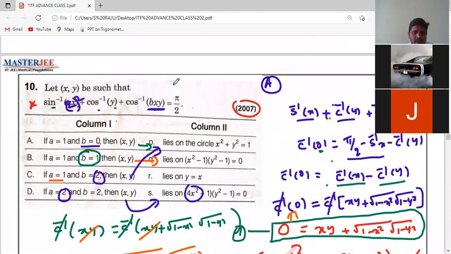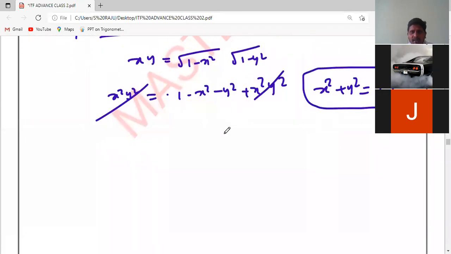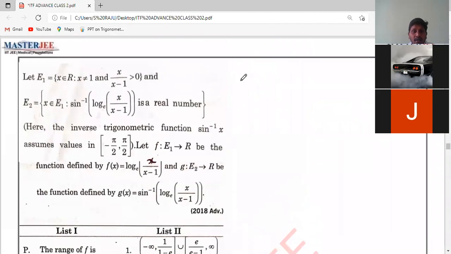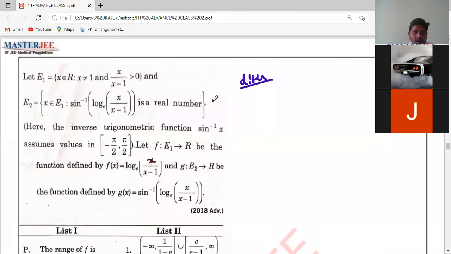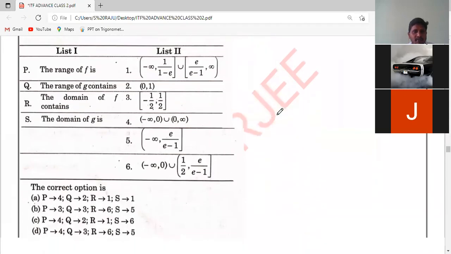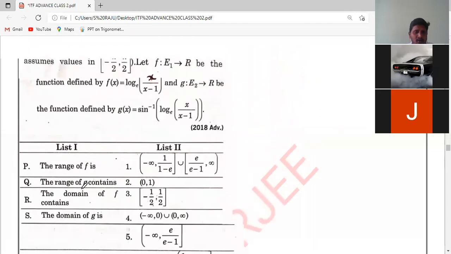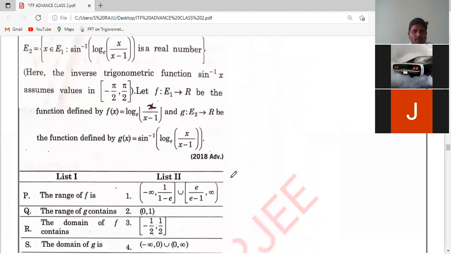This is an easy to moderate question. But in 2018 they asked this question, which is a difficult, hard question. Not easy, not moderate. It is a hard question, right? See, they have given 6 options and 4 options, 1 to 6. In that we have to choose the correct options, like P is mapping to Q, like that. So what is the question?